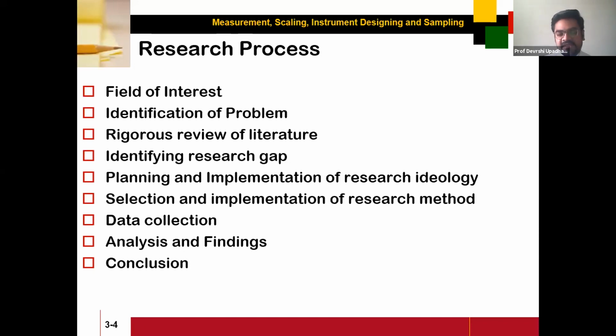Next, analysis and findings. Analysis and findings is such a point that everyone will have very keen interest in, everyone will be focused on what you have found out or what analysis has been carried out. It is not about having carried out a lot of statistical tests, or used a lot of statistical software. It is not about how many hypotheses you have framed, or how many statistical tools you have implemented. It is about